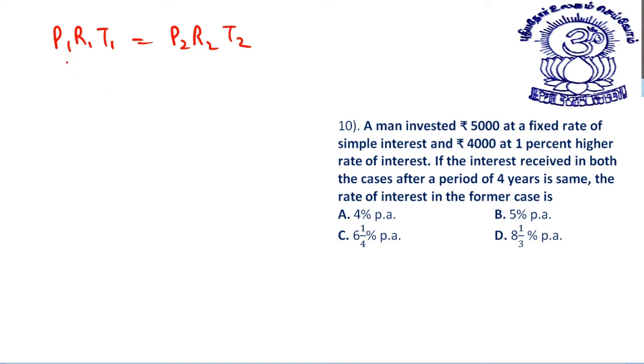See, this is P1 is 5,000 and 4,000 at 1% higher rate of interest. Time is given to us for 4 years in both the cases, so you need not write them. Let's say here the rate is R. In the second case, the principal is 4,000, the rate is R plus 1. T is 4 in both cases, so I am not writing it. Now what we have is